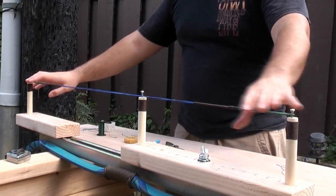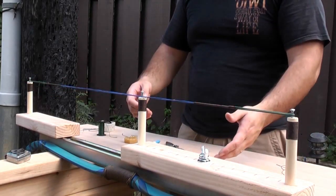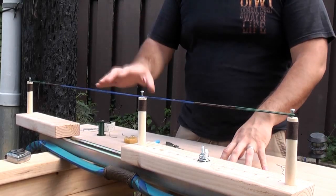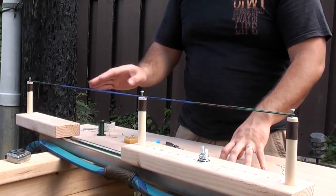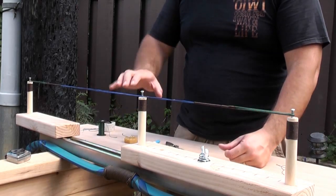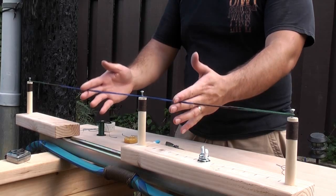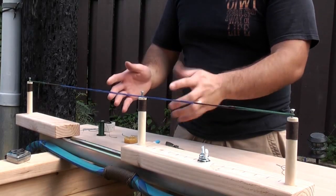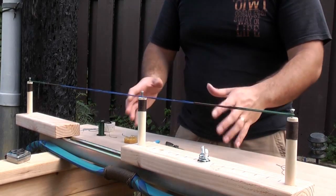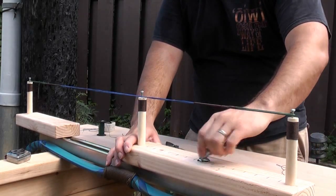Now the string is done, what you want to do is loosen this up, and then you can take the string off. Now, normally I like to do my center serving on the bow. But if you are making a bunch of strings and you're kind of standardizing it and just putting the serving in the same spot, what you can do now is loosen up the pivot,